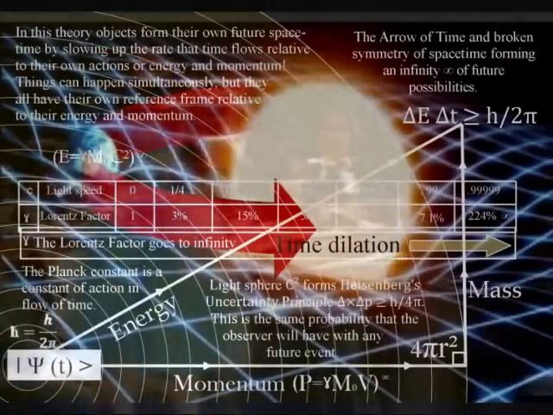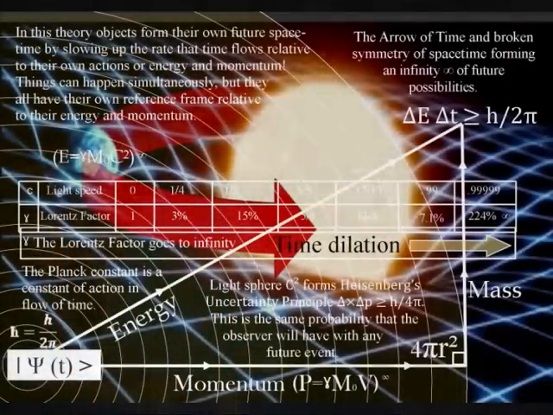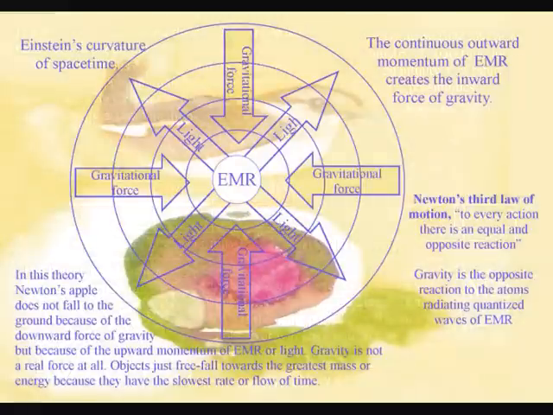Life will create its own ripples in the fabric of space-time as part of one universal process. This is true for the smallest creature as it is for the largest planet. Therefore, Newton's universal law of gravity is part of this process. In this theory, Newton's apple does not fall to the ground